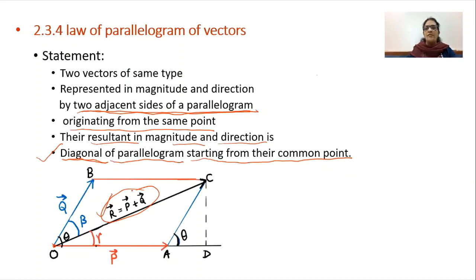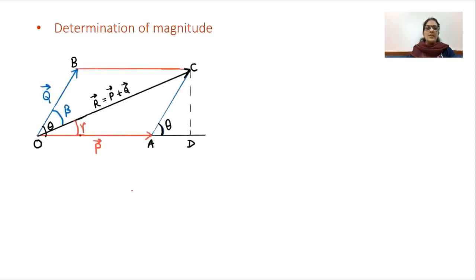Now we will find out actually what will be its magnitude and what will be its direction. Means we will get the formula for that. For that we will see again the same diagram, determination of magnitude. Same diagram. In this diagram I have done some simple rearrangement. That is, this point C is there. From point C I have drawn perpendicular on